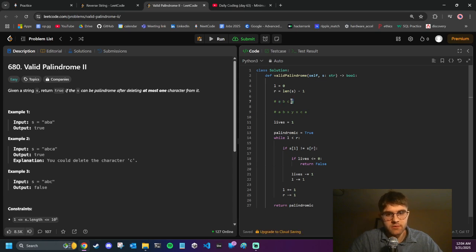So, okay, this would be the same. These would not be equal. So lives, this would be false. Lives is not less than or equal to 0. So then we'll decrease it by 1. And then I would make L go here and then come back, and then R would go here. So the reason I'm doing that is basically just so R